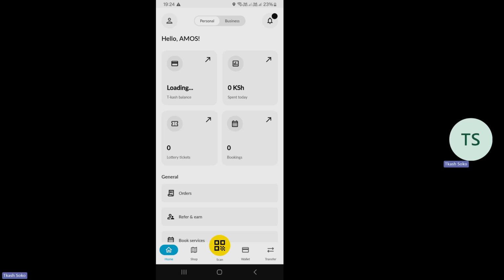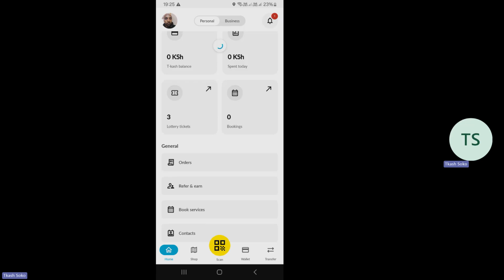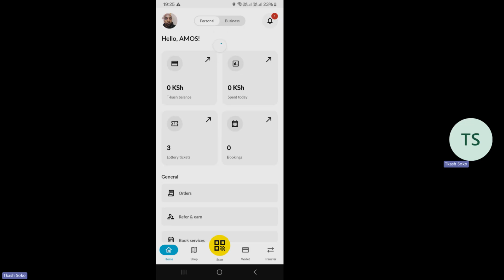This Tcash balance is 116. Of course, sometimes when you make so many transactions, you need to refresh that so that the balance is accurate. So how do you refresh that? You just swipe the app down, like you bring the screen of the app down. When you bring the screen of the app down, the arrowhead shows up and it tries to refresh to get an updated balance. So the updated balance is just 116, meaning hakuna kitu nimeuza extra.